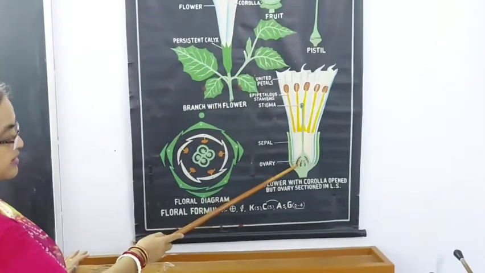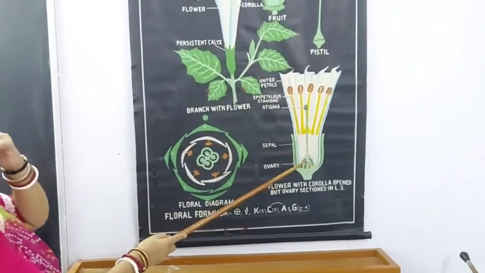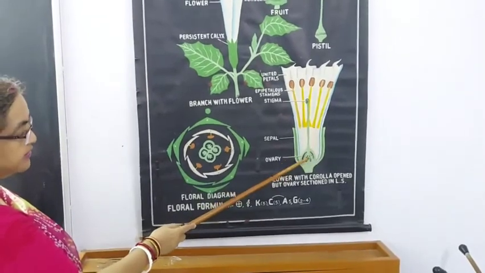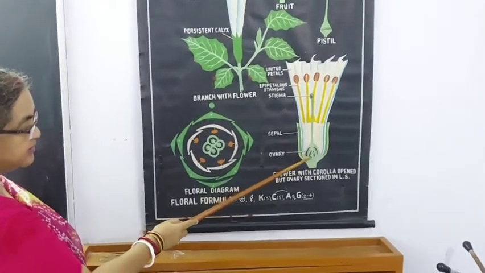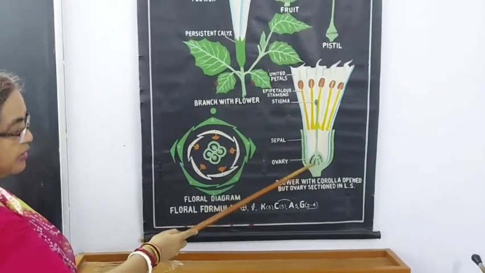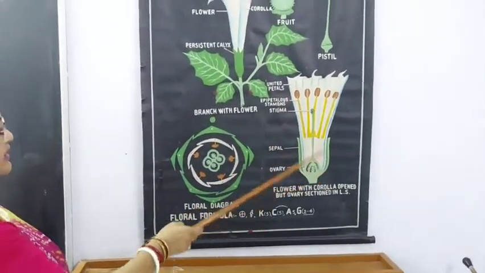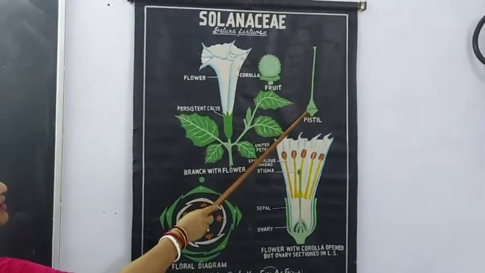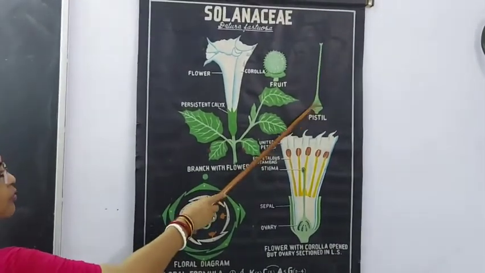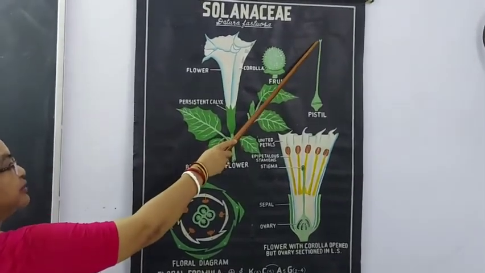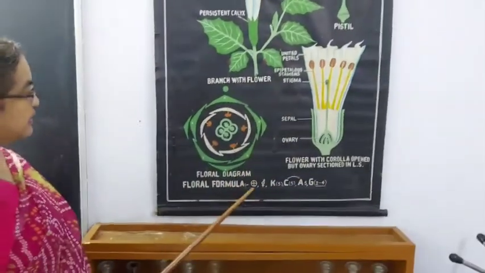And here this is a little different. The ovary is slightly different. Here we will see only 2 chambers. Here we are seeing 4, but in the book you have to draw only 2 chambers on the 2 sides. Then this is the pistil, that is the female part. This is the ovary, style, and a small stigma which is divided into 2, like a bifid stigma.